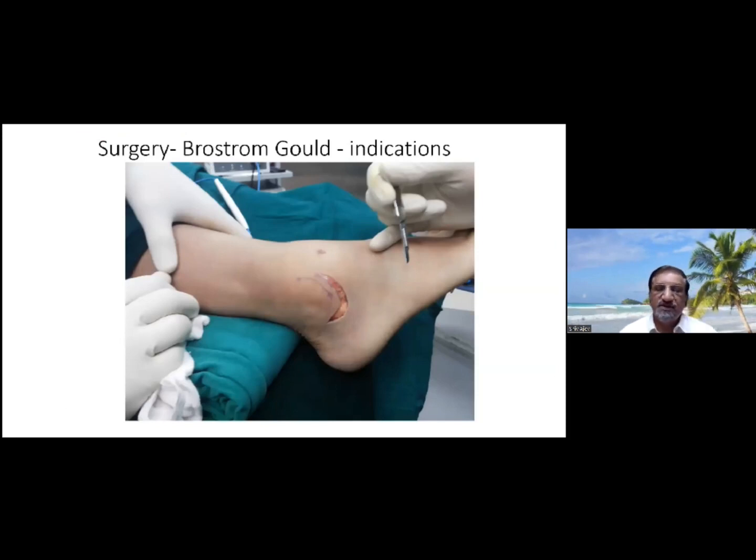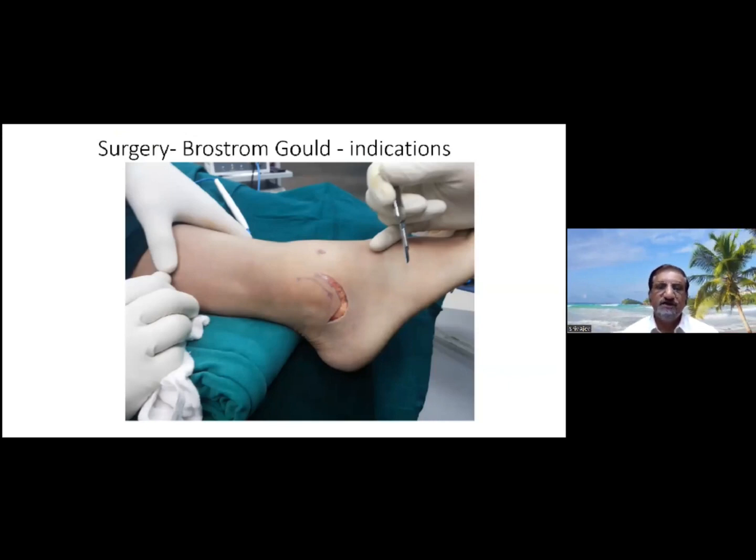So that was with regard to the initial management of these patients in an acute setting. So we are going to go with a functional treatment. We're going to go with a semi-rigid casting. And then after the semi-rigid casting, we are going to give this patient some peroneal strengthening exercises and proprioceptive exercises.